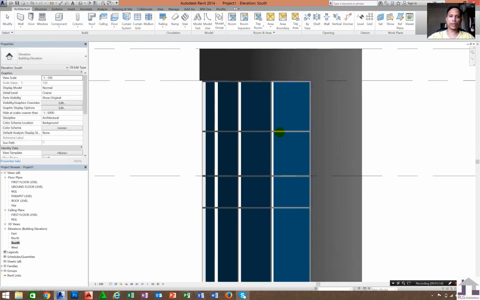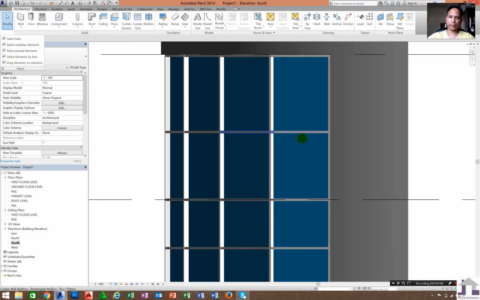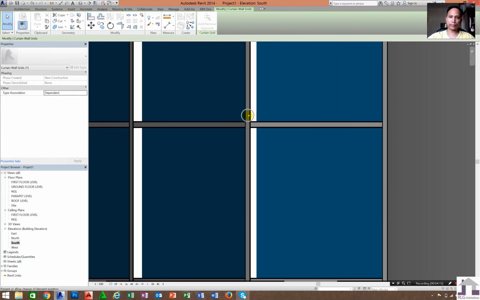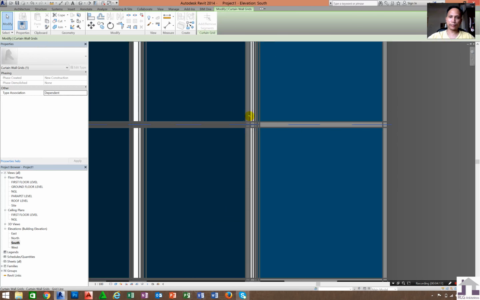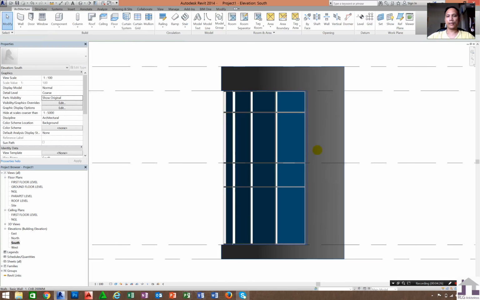And if you want to adjust this curtain grid or mullion, click tab tool, just make sure that you are selected here, and from here tab tool, click, then unpin. Okay, it's already unpinned, so you can make this one 2100 and it will be adjusted there.